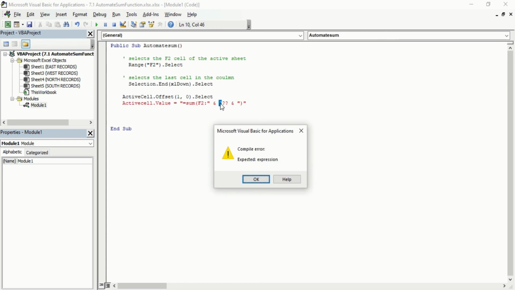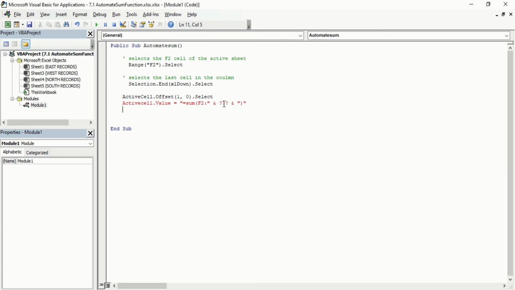But when you press enter, there is a compile error because it is not an expected expression. So what is the thing that we have? It's a question mark, right? Because the question mark is not specifying where we should go, and we want to go for the selection end. So what can I do? Like in my previous video, I told you if you want to store information, like I want to store that the selection end should be at something, and that something will be put in a sum formula.